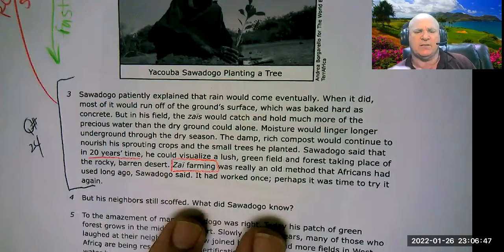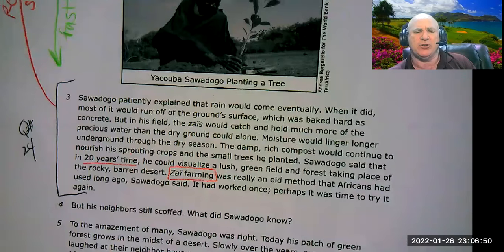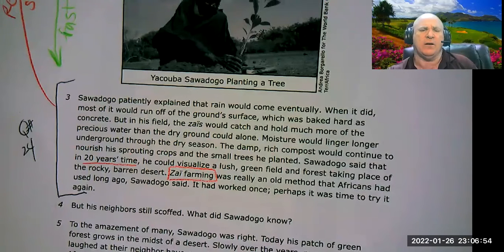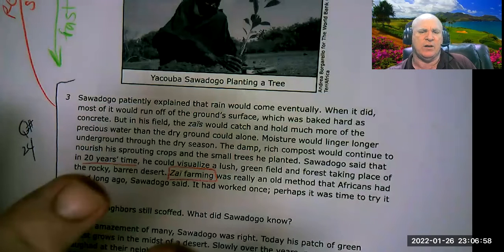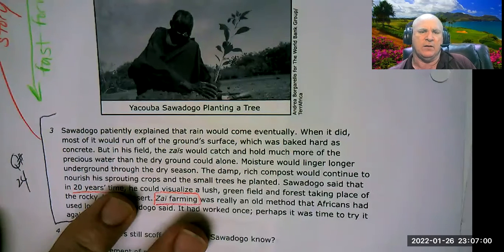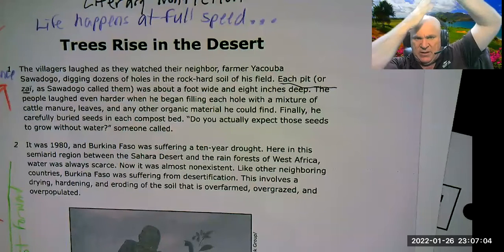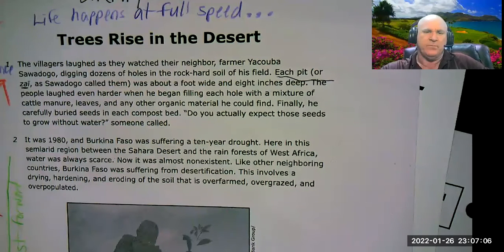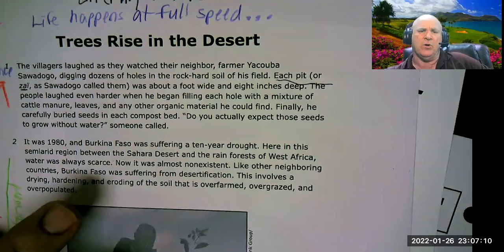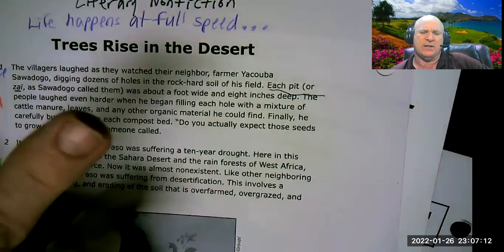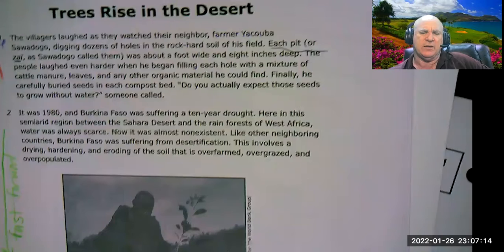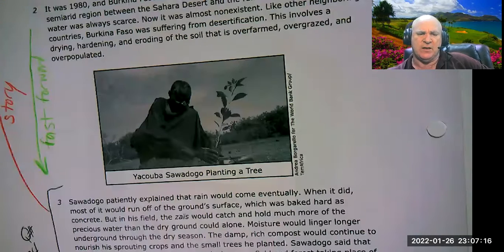Sawadogo patiently explained that rain would come eventually. So he's talking to somebody about rain coming. And there is a picture of him planting a tree. And apparently, because of our title, T, that helps us understand the topic, he's hoping to make trees rise or grow in the desert. That's what I can infer, because there he is planting one, and you can see the